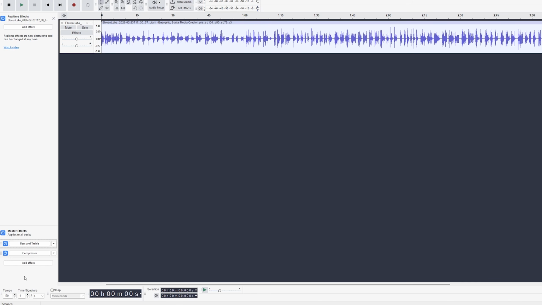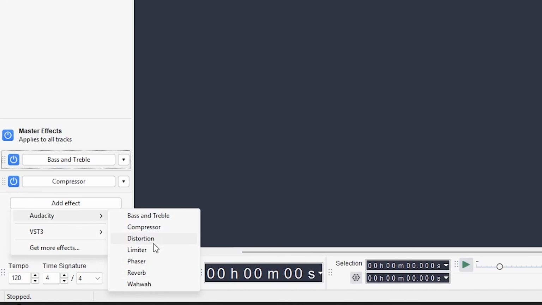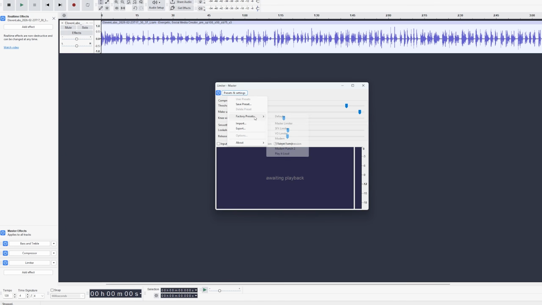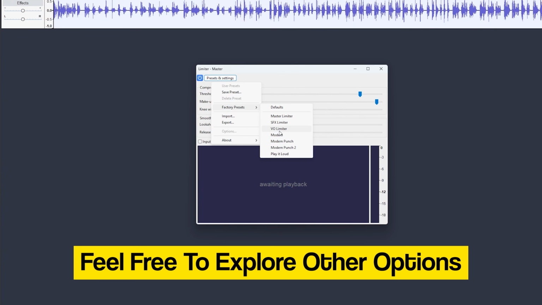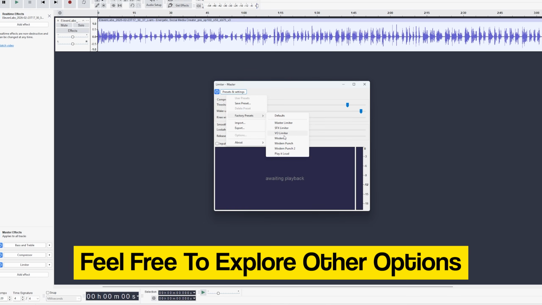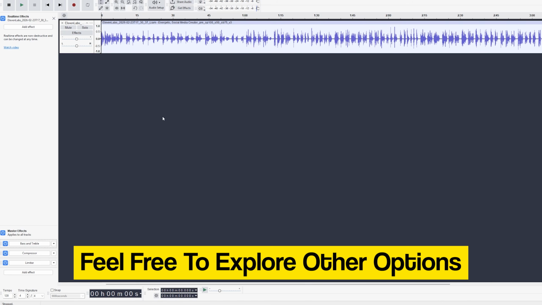The last one you can add here is the limiter. Audacity, and click on limiter. Still here on the presets, you can look for the one that is very okay. This one is voiceover limiter. Since we are doing voiceover, I think this will be very okay. Listen to it, keep on adding the effect and tweak the one that sounds well for you, and then